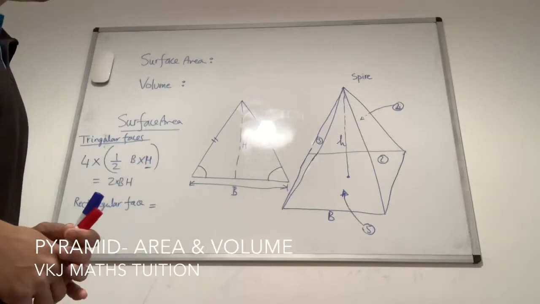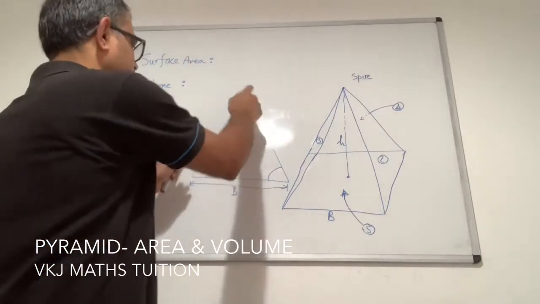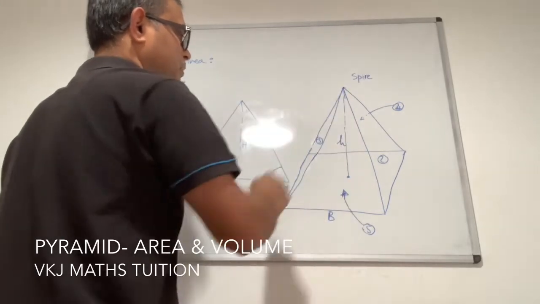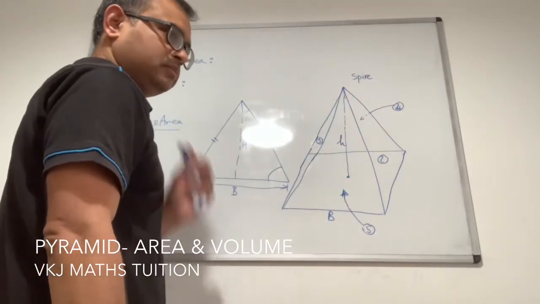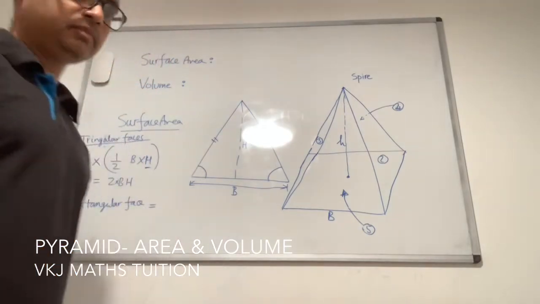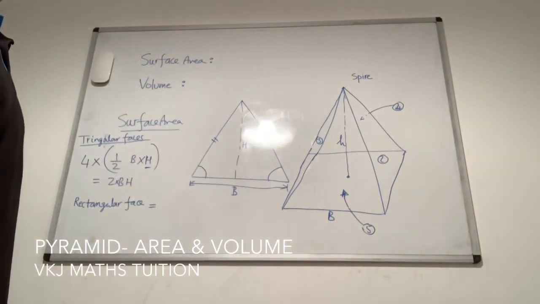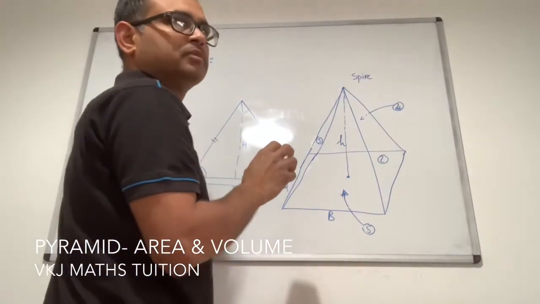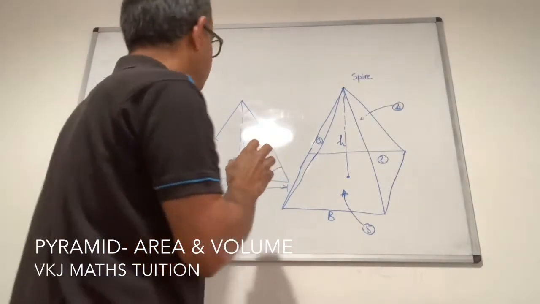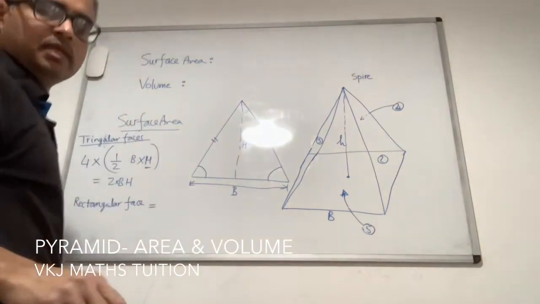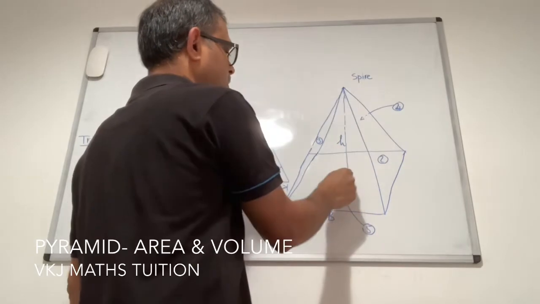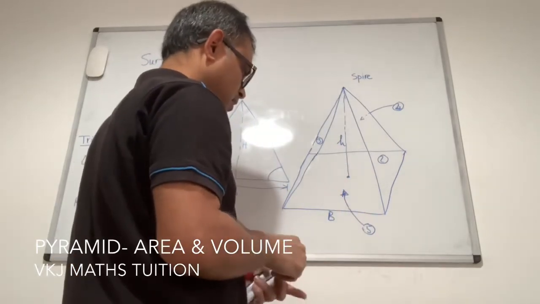How can we calculate this triangle's height when the height of the pyramid is given? Any idea? Do you get that pyramid, or do you want me to draw it again? You get that pyramid? Understand it? Okay. So the height of the pyramid is given, from the spire to the center, it is falling